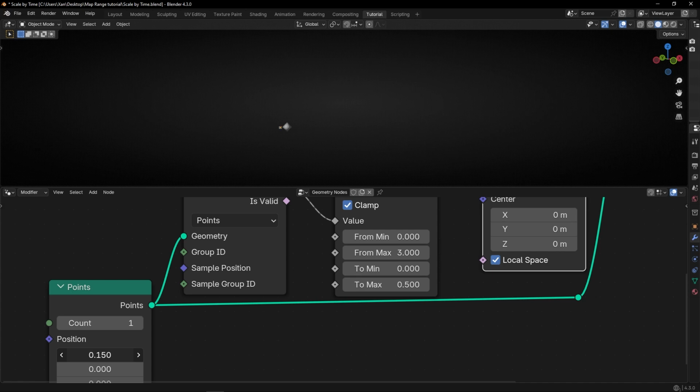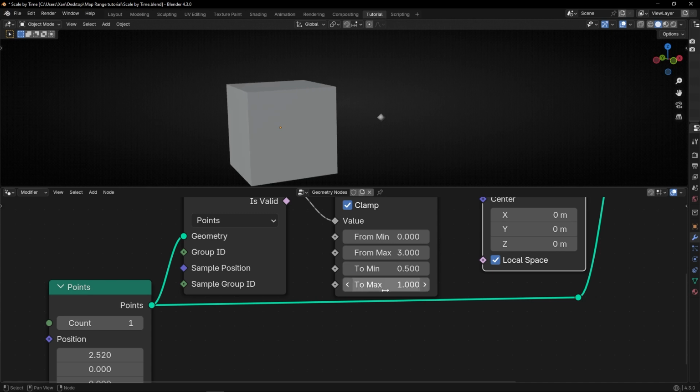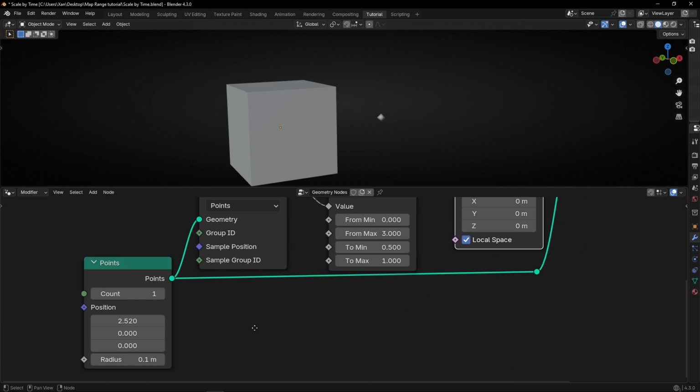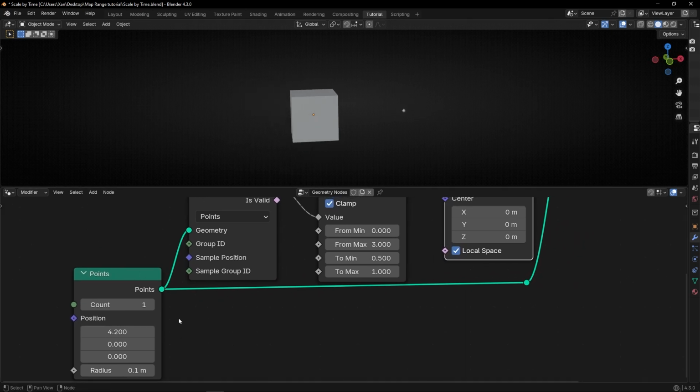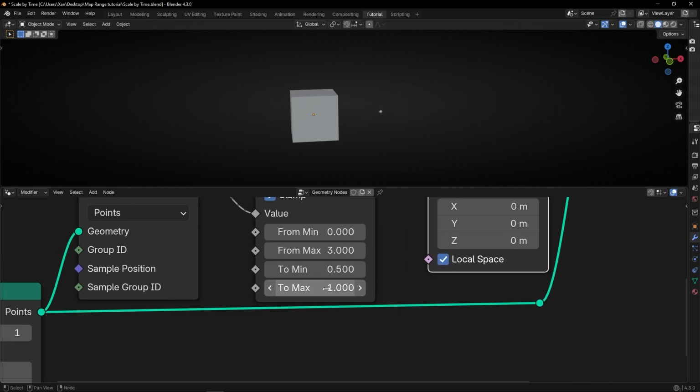So thanks to MapRange, I'm having a better control. Or maybe I don't want when the distance is 0 to be 0. Maybe I want to be 0.5. And let's change this to not be the same. For example, 1. So when the distance is more than 3, the scale is 1. And between 0 and 3, it will be a scale between this value and this value with the minimum of